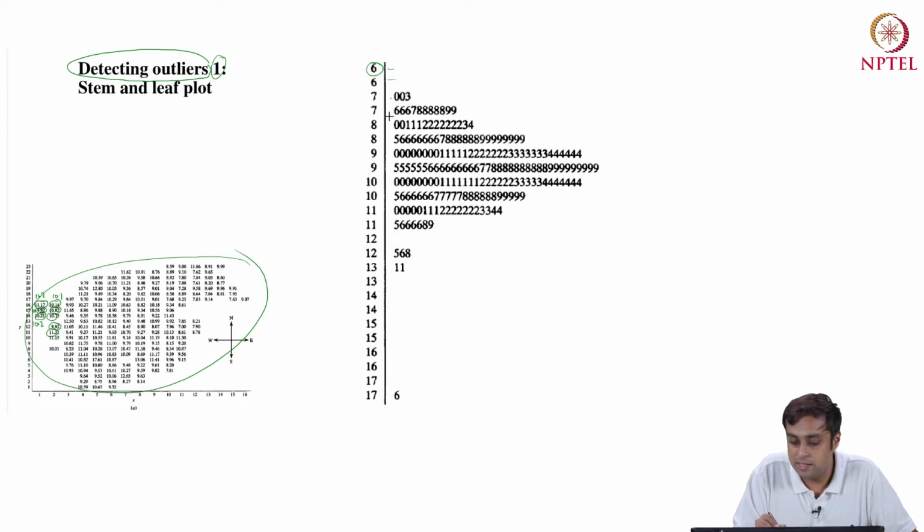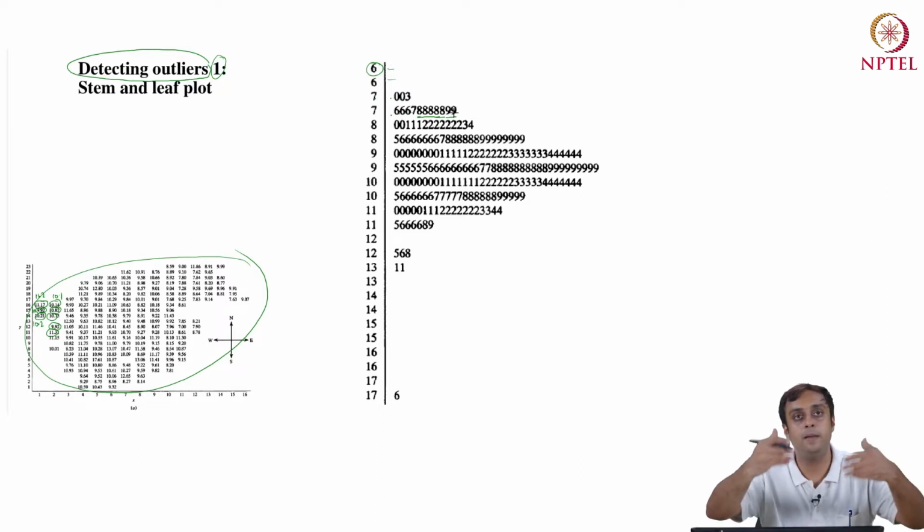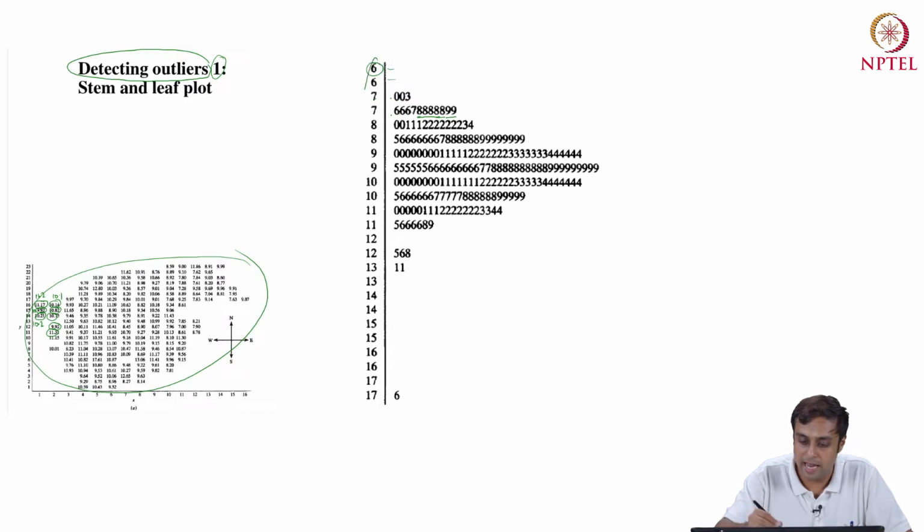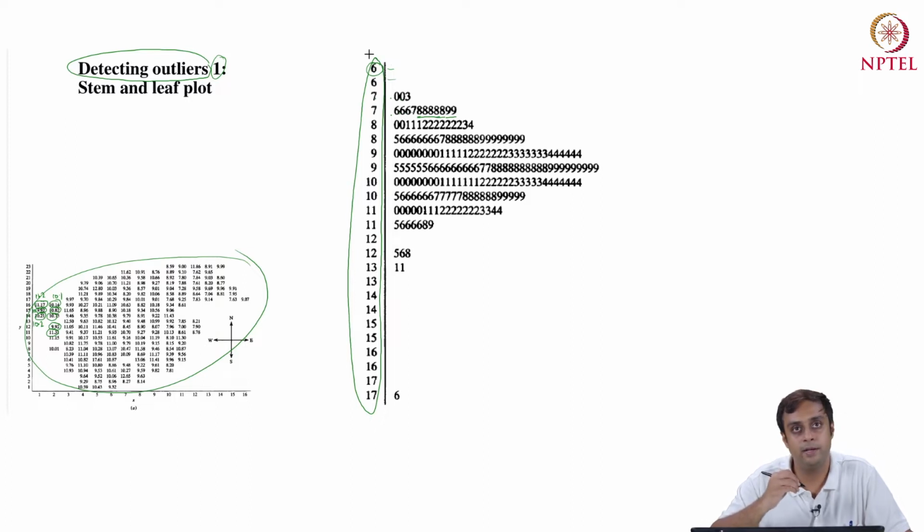I will have 3 entries of value 7.6, 1 entry of 7.7, and then 5 entries of 7.8, and then 2 entries of 7.9, and you keep on going. When you collect, organize, or summarize your data in this fashion, you have a stem, which is all the values in front of the decimal point, on the left hand side of this